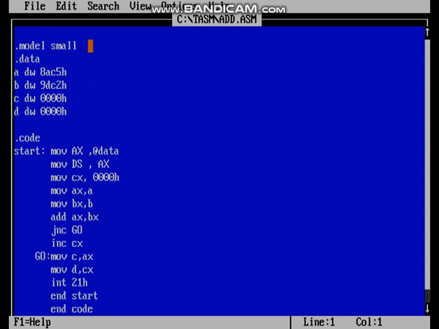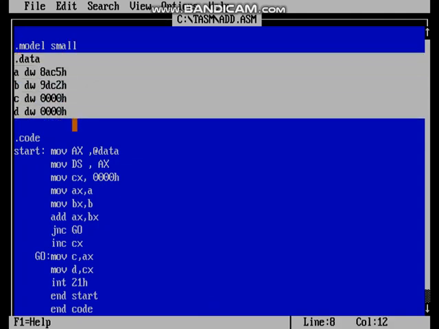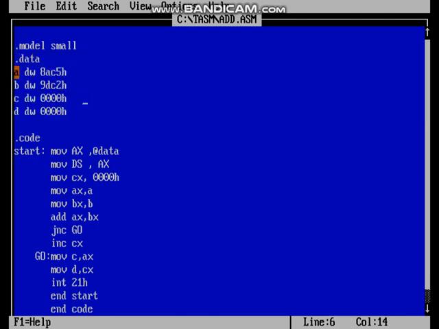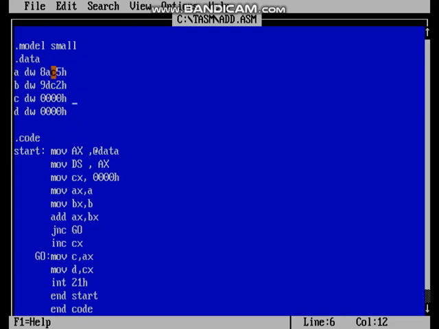This is the definition of the model, that is .model small. Here is the data segment where we can write the assigned variables. A variable is the first number, B variable contains another number, C is for storing the upper bytes of the final result, and D is for storing the carry.